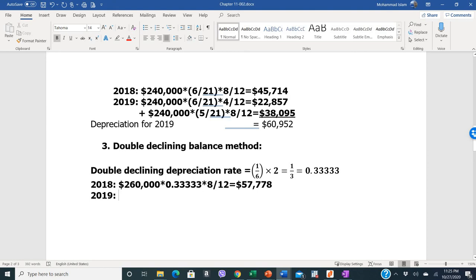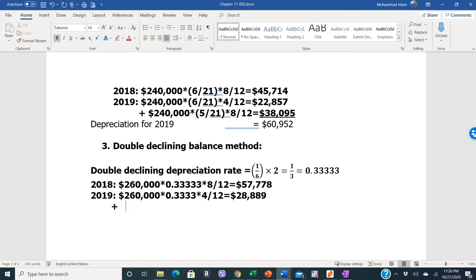And for the period 2019, out of the first 12 months we have allocated only 8 months in 2018. So from these first 12 months we need to allocate the remaining 4 months depreciation in 2019. So we start again with 260,000 multiplied by 0.3333, the depreciation rate, and 4 over 12, which is equal to 28,889, and plus